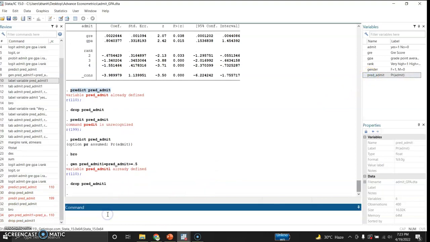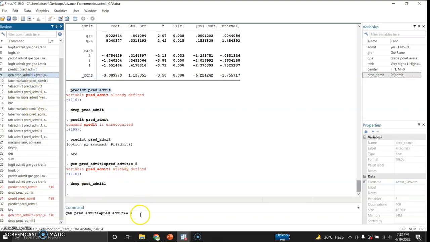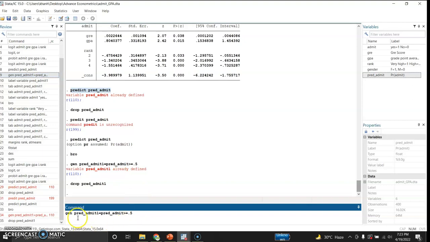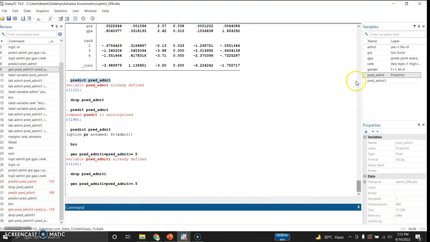So I dropped it and now I want to regenerate. Now I ask Stata to generate another variable which is named pred_admit1, that is equal to pred_admit when the probability is either equal to or greater than 0.5, and it created the value.